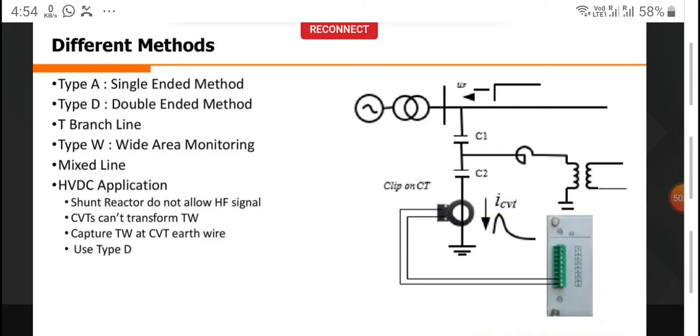So this is captured here with the help of these external CTs placed in the field using a junction box, where these wires are grounded. These wires are run back into the substation, into your control rooms, where you can easily monitor the traveling waves if there is a fault in the HVDC lines. So it again uses your type D